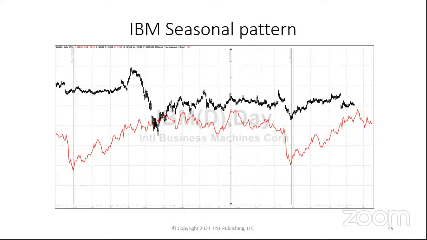What's the difference between Williams true seasonal versus cycle forecast? True seasonal is just what has happened on average every year. This red line in IBM. I do have a cycle forecast that uses the last 66 days of data, looking at a short-term, intermediate, and longer-term cycle, and makes a cyclical forecast based on the average of these cycles. So it's a cycle forecast that has nothing to do with seasonals.